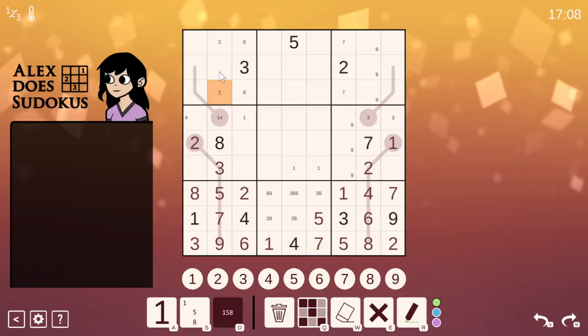So where can the 1s go? 1 can't go in there, so those in theory could be 1s. 2, 4, 4 can't go in those cells. 1, 2, 4 and 6. Oh damn it, can't do anything with that. So probably need to look at these